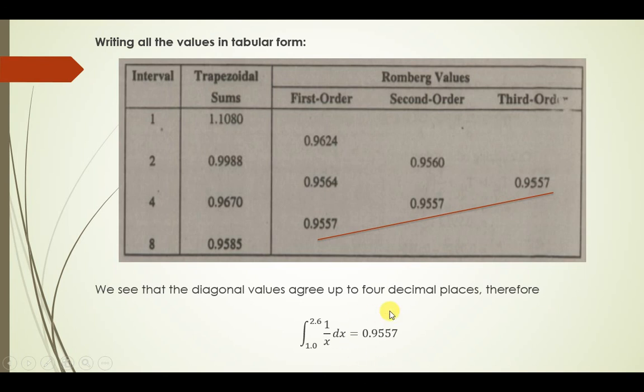So this is the methodology to find the value of a definite integral with the help of Romberg's integration. With the help of Romberg's integration, the answer will be very close to the exact answer. If you calculate the exact value of this integral with the help of a calculator or with a pen and a copy, you will get an answer which is very near to this answer. So I hope that